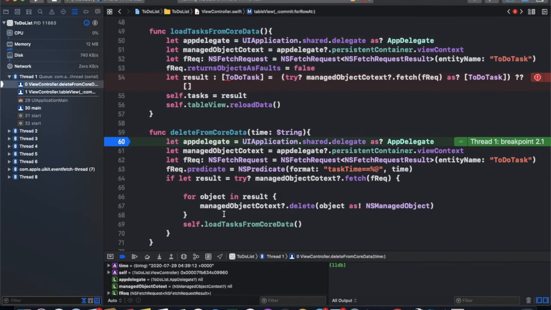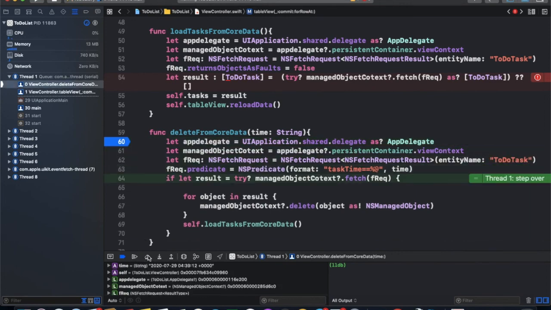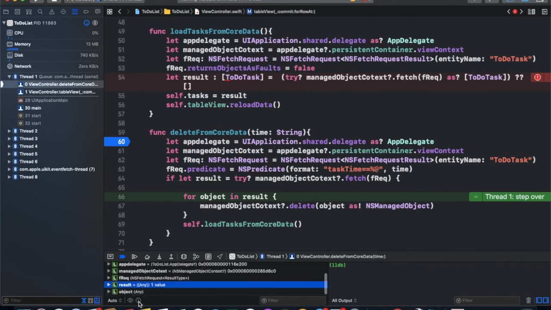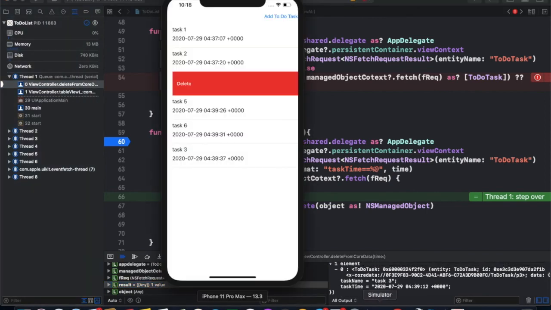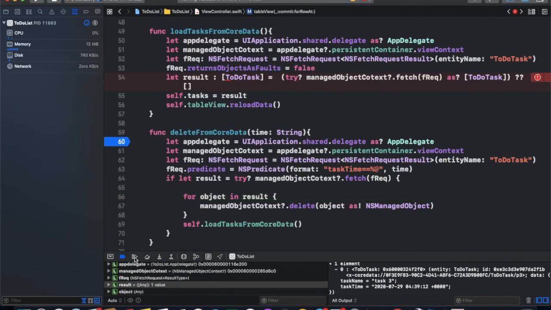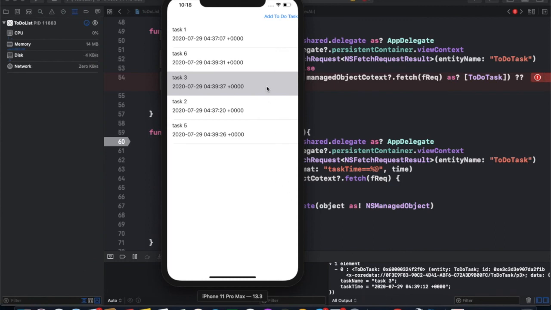Now delete all this. You can see the result is only one. If you check the result, this is task 3 with the time. We removed task 3 here, and now task 3 is removed.